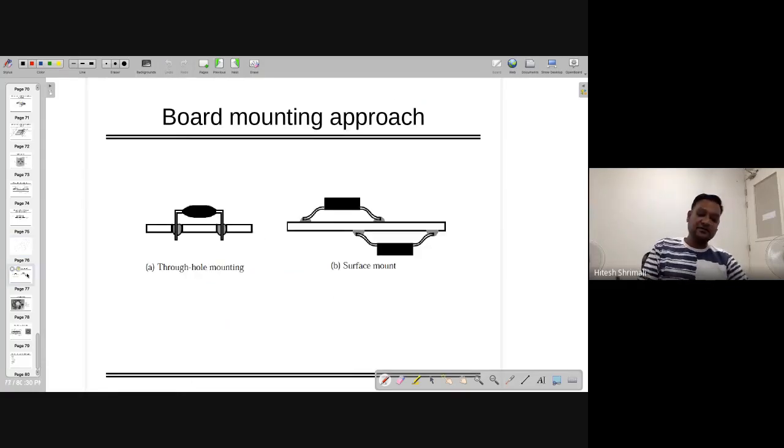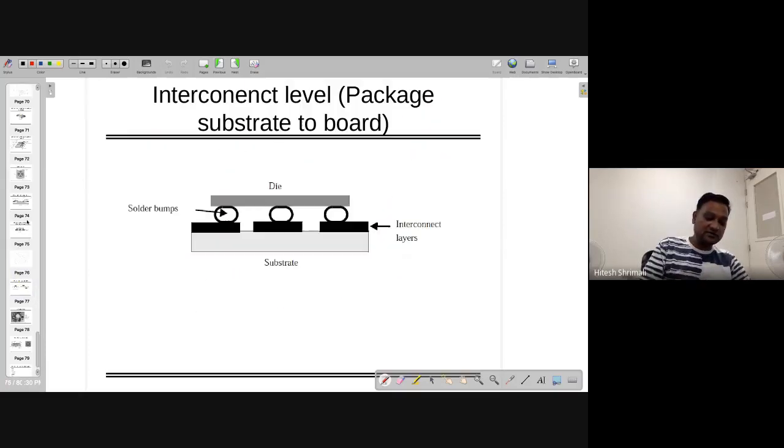So in that, we are doing this kind of bump bonding where I can connect wherever I want. I don't restrict myself to the periphery of the die, but I'm going inside and I'm connecting. Whenever I'm doing this, I need some interconnect layers. Generally, these are the glue or the epoxy glue, so that you can connect both the dies very well.